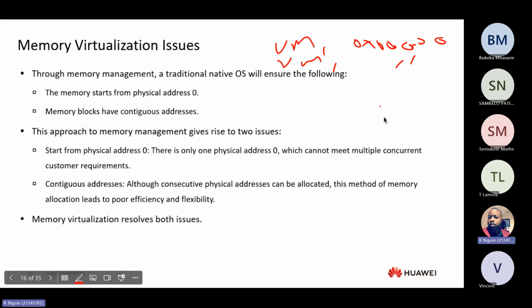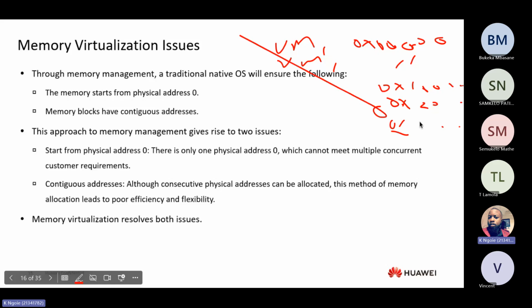So we're going to have this pattern 0x1, 0, 0, 0, 0, 0, and then 0x1, 0, 0, 0, 1. You understand? Then virtual machine 2 will have 0x2 and then 0, 0. Virtual machine 3 will have 0x3. So we actually separate